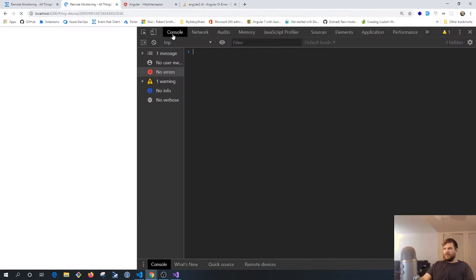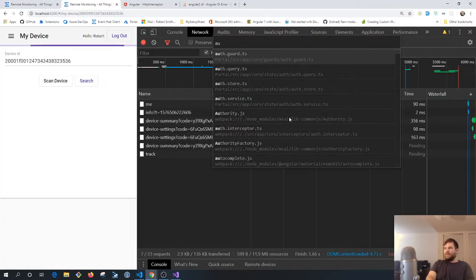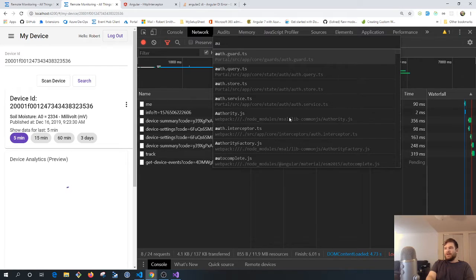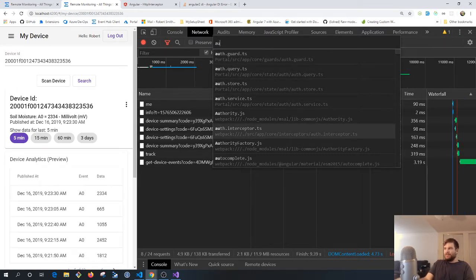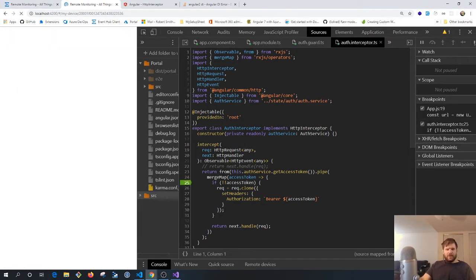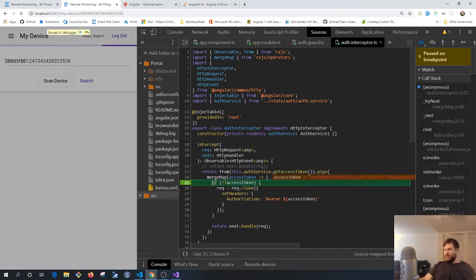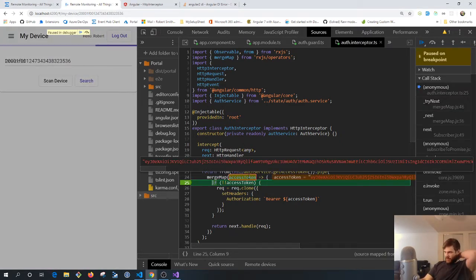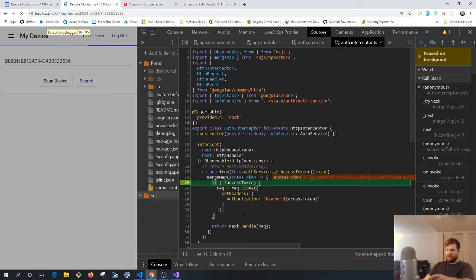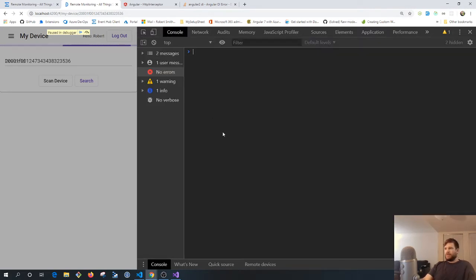Hopefully. Oh, I want to put a breakpoint in there. Hey, there's no console errors, which is pretty encouraging. But let's hit refresh and take a look at what's going on. Sweet, okay, so we're in our interceptor. We have an access token. We're going to clone that request. So if we then just come over to the console,